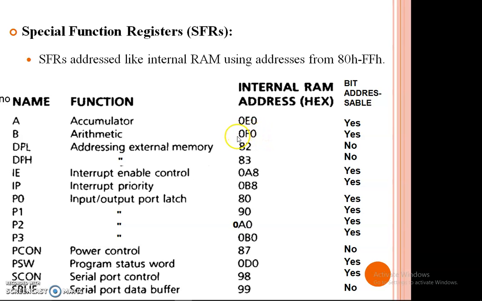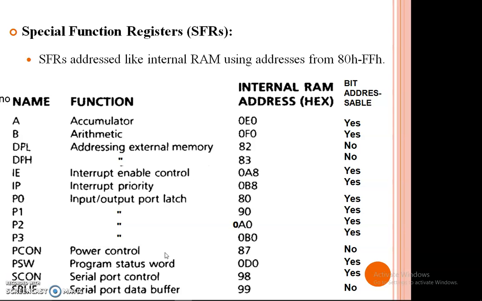Why F is there: E and F are characters. So whenever an address starts with a character, initially you have to put 0 in front of it. Next is the DPL, DPH, nothing but DPTR, with addresses 82H and 83H, and you have to remember four port addresses P0, P1, P2, P3. So these four ports have their own registers: port 0 register, port 1 register, port 2 and port 3 registers. Those register addresses are 80H, 90H, A0H and B0H. So remember these four port addresses: 80, 90, A0, B0.